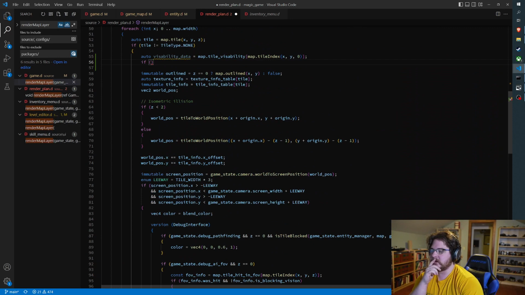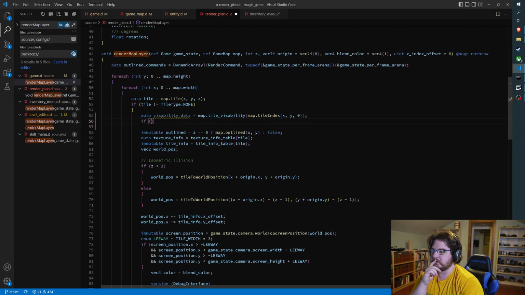I try to avoid continues and early outs whenever I can. I just find that it's easier to understand the code when you avoid those and just keep nesting if statements, but we're getting pretty far from the left margin here. I think we can stand one more. So if visibility data, visible info dot is visible,